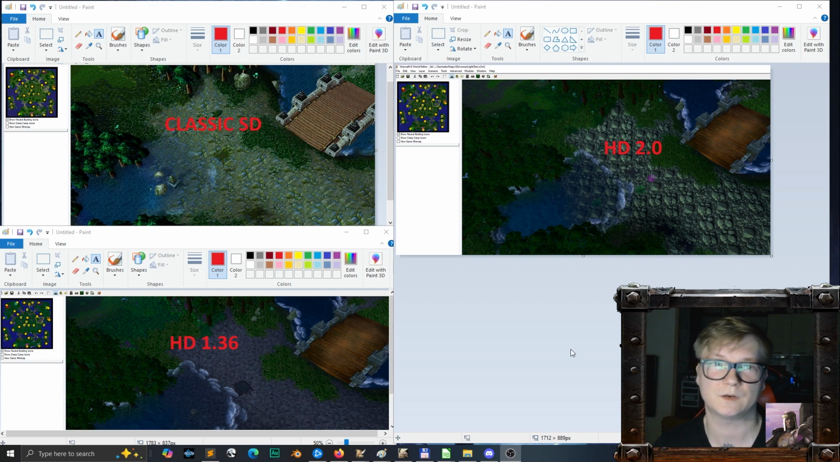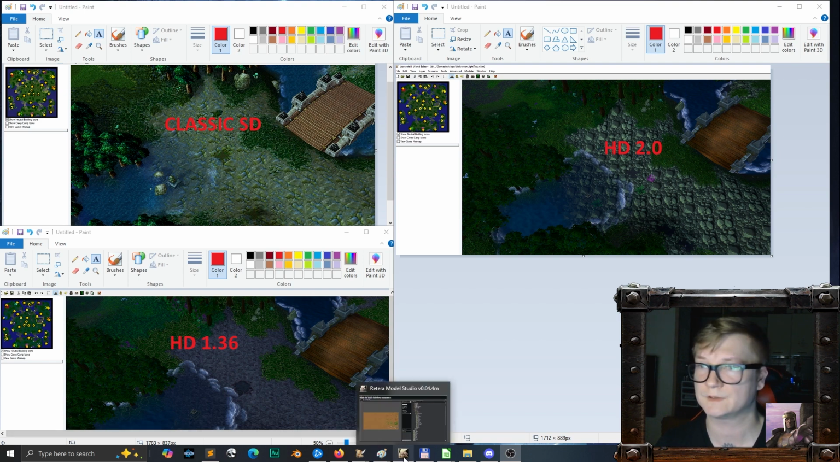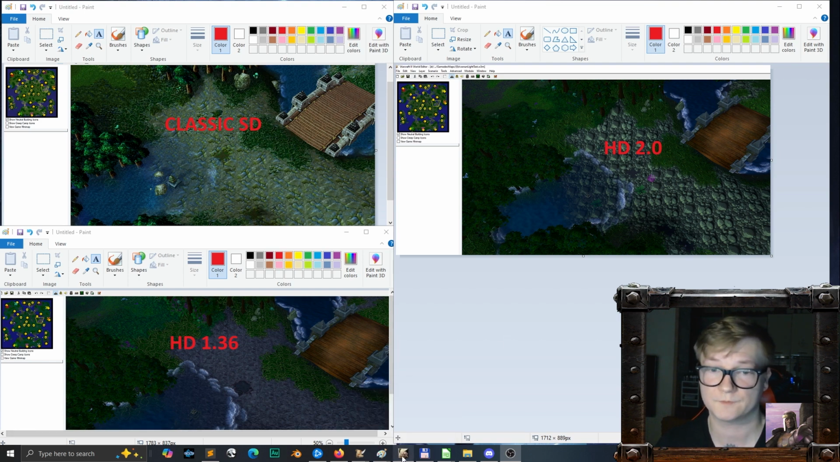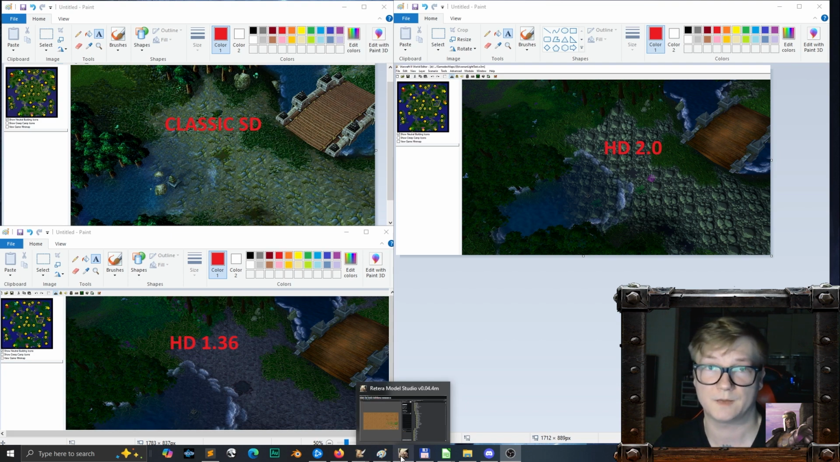So as you can see on the screen, we have an example of classic SD Ashenvale textures, another example of HD Reforged 1.36, and a screenshot from the current patch HD 2.0. So Blizzard listened to the custom community and returned the 1.36 textures in the game archives, and I'm very grateful to them